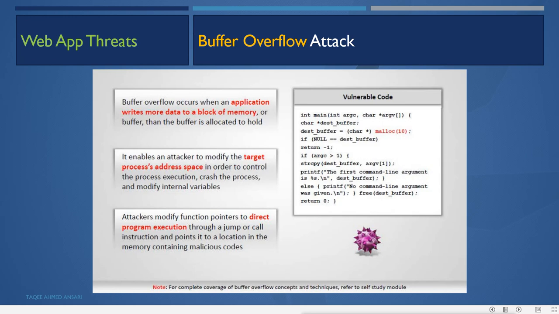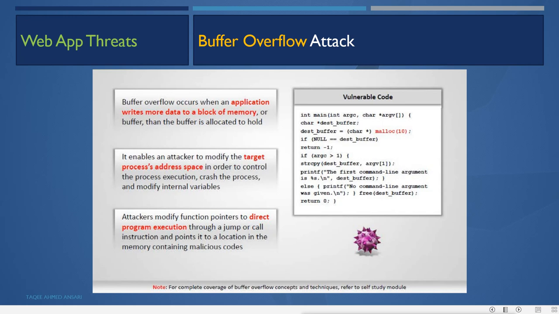Then we have buffer overflow attacks. In this buffer overflow, what happens is that it occurs when an application writes more data to a block of memory, or buffer, than the buffer is allocated to hold. That means when developers design applications, they allocate memory space from the RAM for those applications to run.